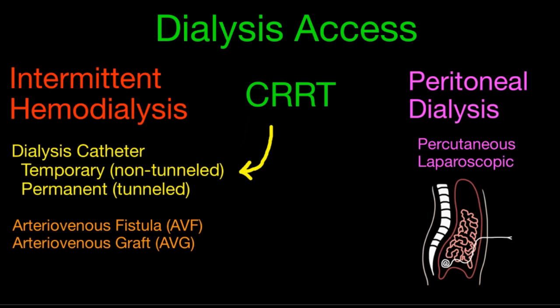And finally, peritoneal dialysis requires placement of what we call the peritoneal dialysis catheter. This is placed either by a percutaneous method or it needs to be placed laparoscopically by a surgeon. And so the catheter goes through the abdominal wall, it's tunneled under the skin, and then the end of the catheter coils into the pelvis. And so this does require a procedure and a certain amount of time to heal